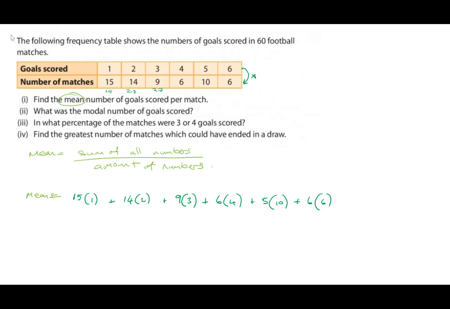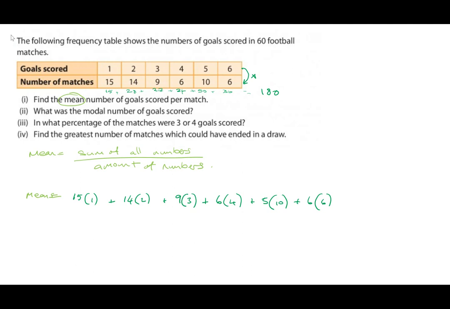In 6 matches, there were 4 goals scored. So if I add up all of the goals across those 6 matches, it'll be 24. In 10 matches, there were 5 goals scored. So if I add up all of the goals in each of those 10 matches, I'll get 50. And then in 6 matches, there were 6 goals. Okay? So when I add up all of them, 15 plus 28 plus 27 plus 24 plus 50 plus 36, that will get me the total number of goals that I'm talking about, which is